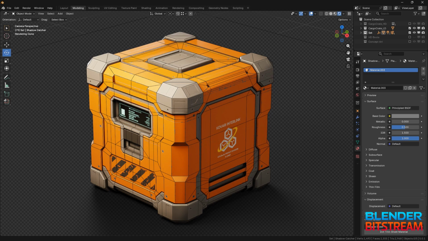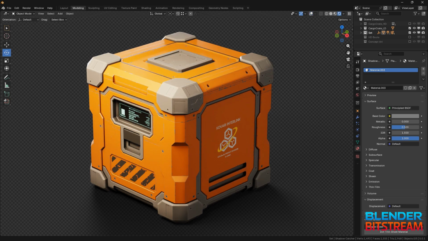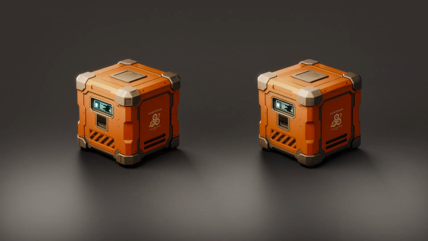Here you can see that even with a 99.9% reduction in geometry, the low poly model still preserves the silhouette and key surface details. Hopefully this gives you a faster, more reliable approach to hard surface mesh retopology,